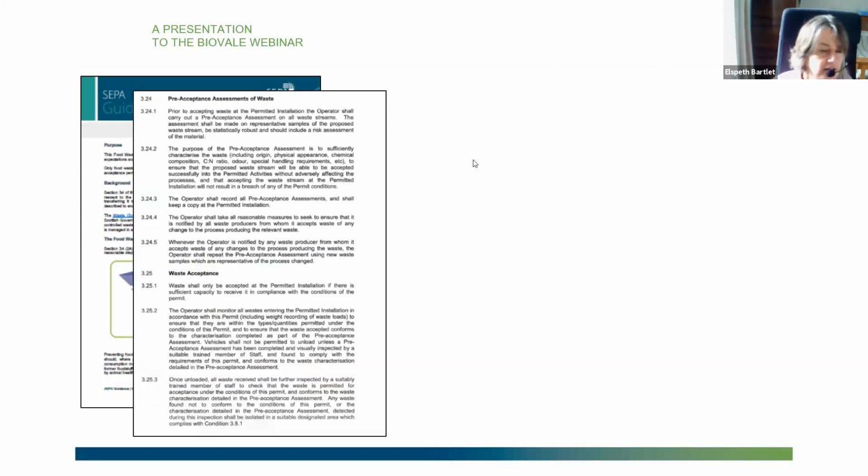There we go. So what we did then was we looked at the permits that our AD sites have, and we introduced permit conditions to make sure that sites have pre-acceptance procedures for everything that they want to bring in. That will include not just standards about weights and where it comes from and what it is, but it'll also be able to determine the contamination rates as well. So sites will be able to know what they're going to accept and roughly what levels of contamination there will be, and it also gives them the powers to reject loads that exceed those contamination rates, and the contamination rates are really determined by what depackaging equipment and what processing the site can do,